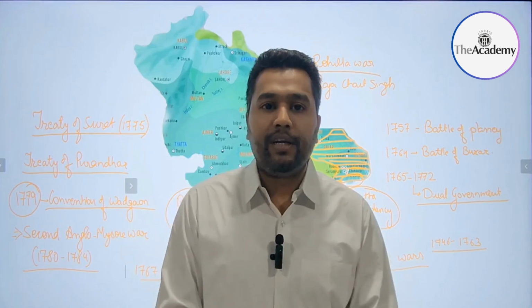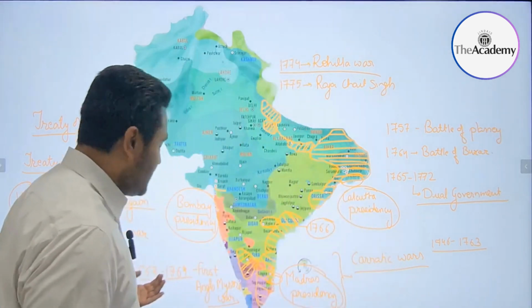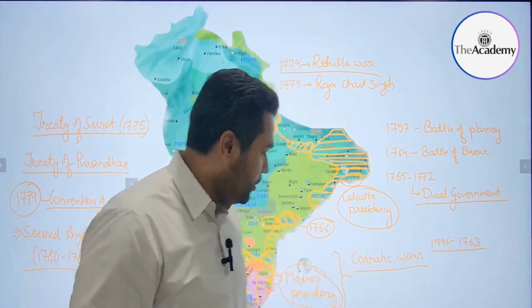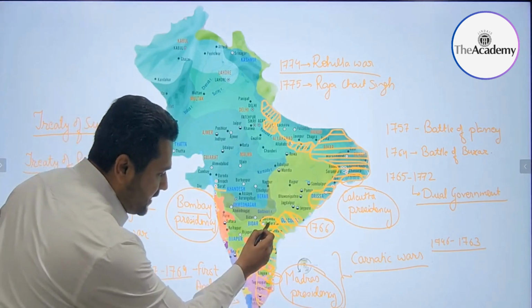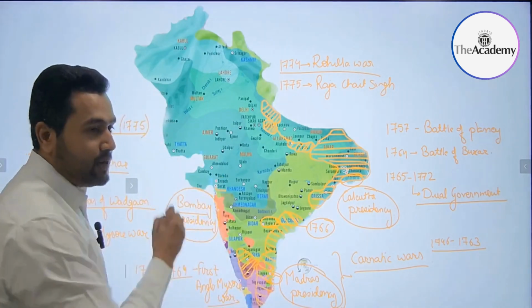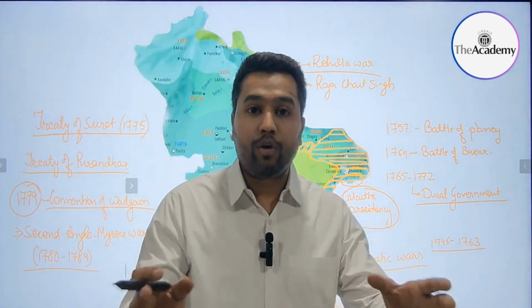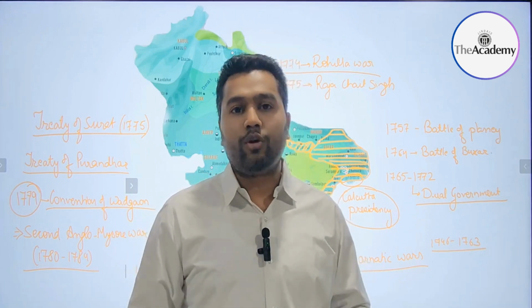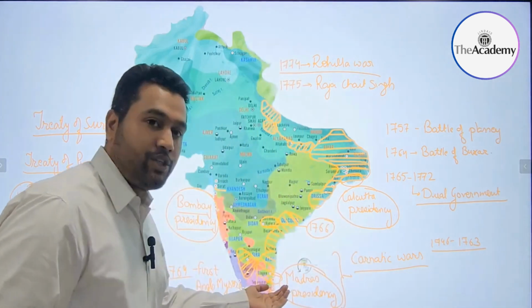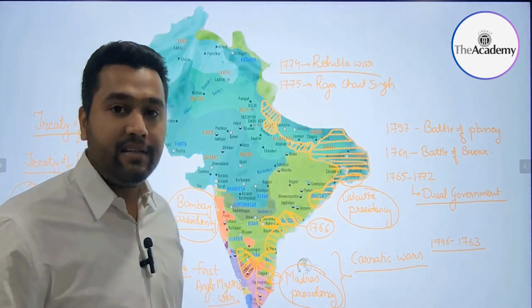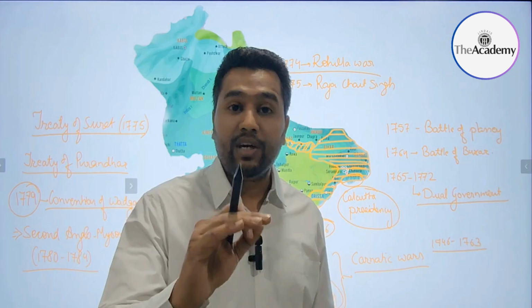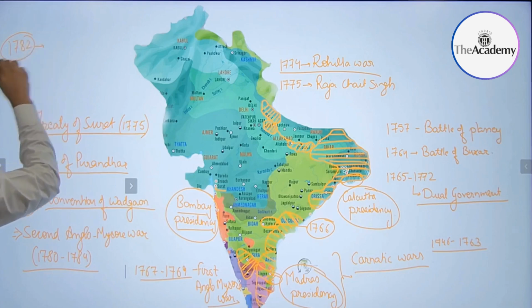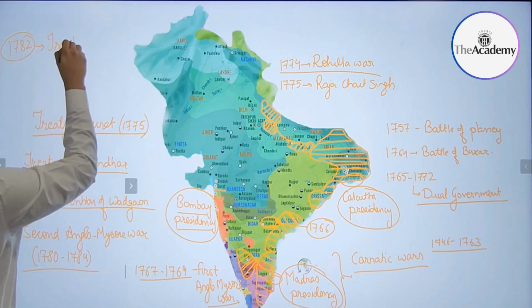So during the time period of Warren Hastings, by the 1780s the fortunes of the British were at an all-time low, because in the south they were fighting with Hyderabad, with Mysore, with the Marathas; they were losing on all fronts. But still the British carried on, they maintained their stronghold. In 1781, the British managed to defeat Hyder Ali in the Battle of Porto Novo. But a major relief came in 1782, when the British signed the Treaty of Salbai.